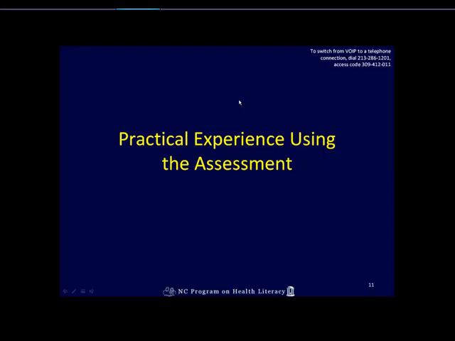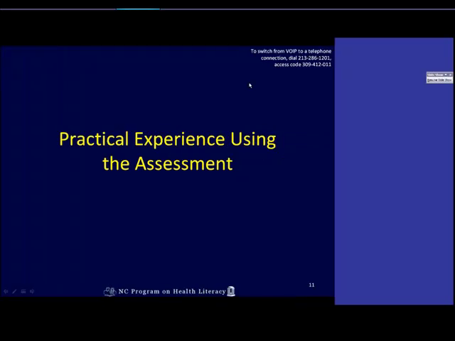I'd be happy to. I think, too, to stress just the whole team piece of this. If a practice manager or one person filled it out, I just think you would lose some of the benefit to doing this assessment. So I want to encourage people to do it in a team form.